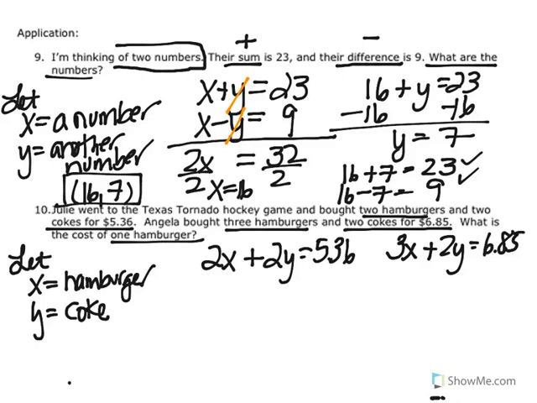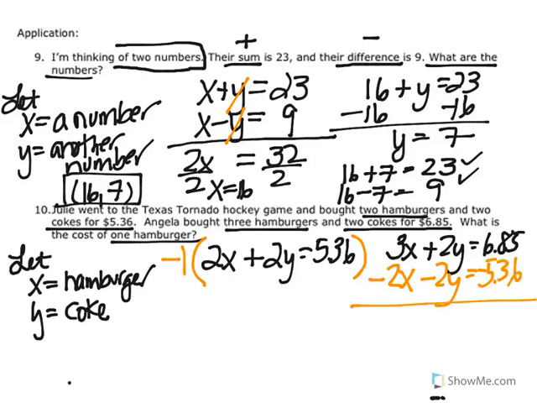But these are both positive 2y's, but we can multiply and make one of these negative. So I'm going to multiply this one by -1. So remember, when we multiply by -1, the only thing that happens is the signs change. So I'm going to put minus 2x here, minus 2y equals minus $5.36. So when we do that, see the y's cancel out, and we get 3x minus 2x is 1x equals $1.49, and that's going to be the cost